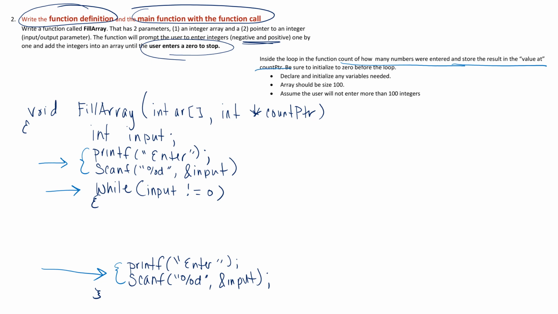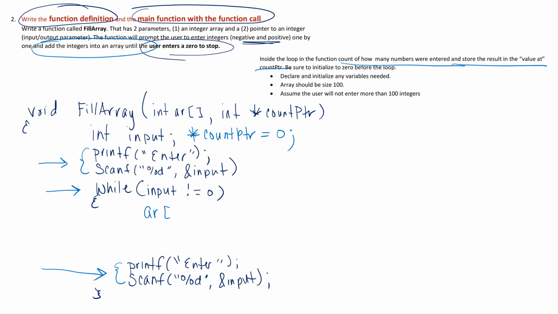So you could make another variable called count, or you could just initialize the value at count pointer to 0. And then each time you go inside the loop, you add 1 to the value at count pointer. And then we're going to add the integers into the array. So if the user gives an input that is not a 0, then we're going to assign that input